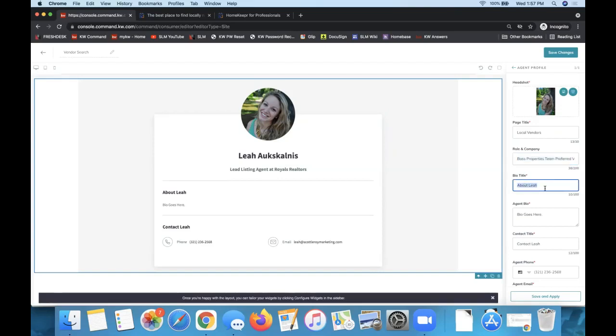All right, as far as the bio title, we are erasing that, and we are also erasing the agent bio. That should pull in your bio automatically from your Command marketing profile. Okay, let's go ahead and erase that. And you'll notice if you try to erase any required section, it will yell at you. So for the bio title, let's go back there and put a space